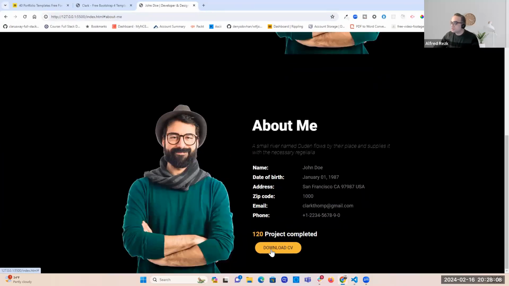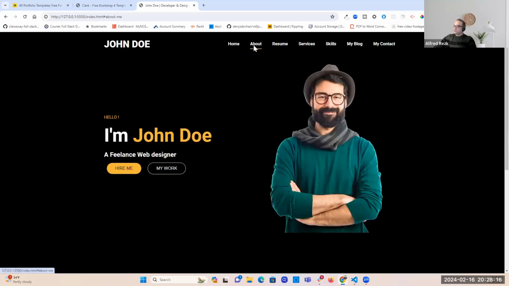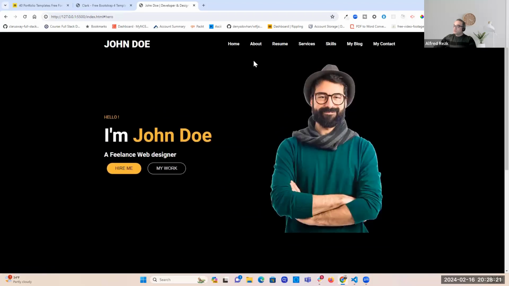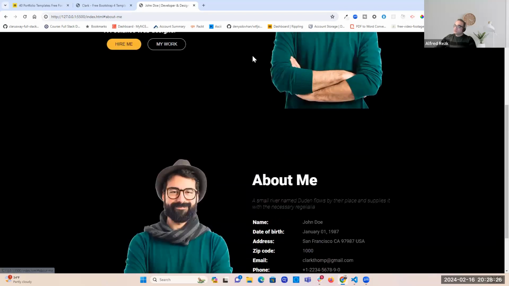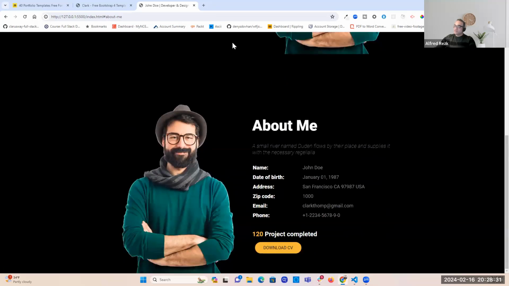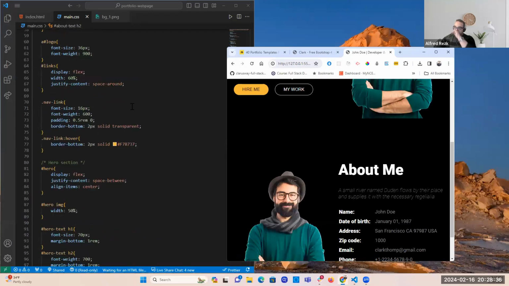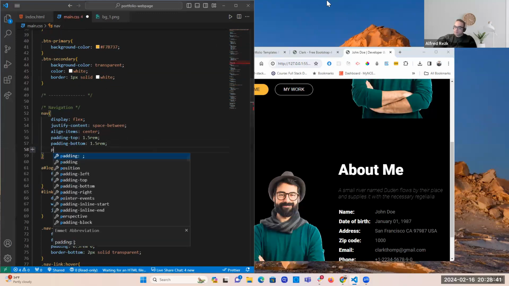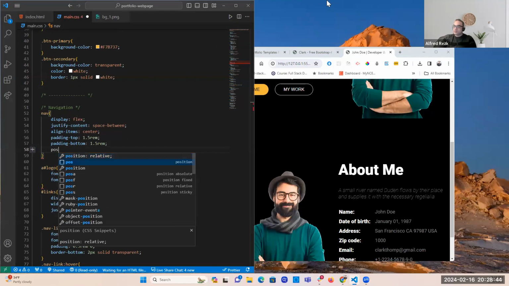So we can only download that guy, CV. If you click on About Me, it will take you to the About page right away. If you click the Home, but the problem is that I want this navigation to always be at the top of the screen, because when you scroll down, now you don't have this navigation to go up. You can do that if you go to the navigation here. There's a property